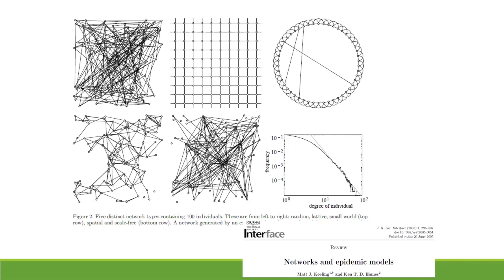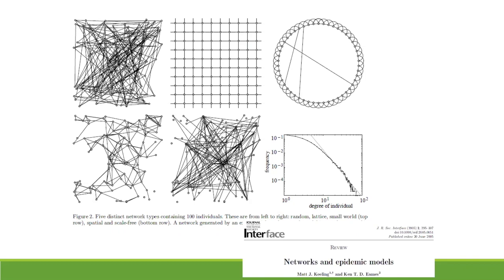So we have a totally random network, a lattice. The number of epidemic models I've seen run on a lattice perplexes me because no population is structured like this. A small world network, where most people are connected to their neighbors, but every once in a while you get someone who has a connection on the other side of the world. This one is structured within space, so you're more likely to be connected to people near you. Reasonable. And then this is a scale-free network, which is a different sort of degree distribution. You have a few really highly active nodes or agents and a lot of not so active ones that are connected to those people.